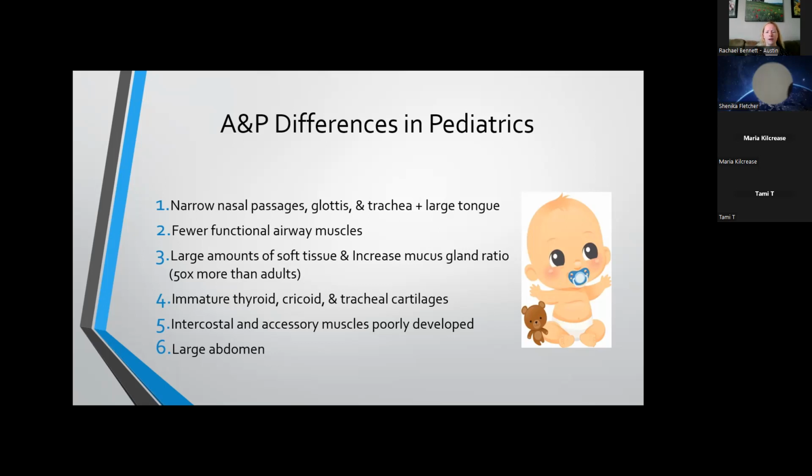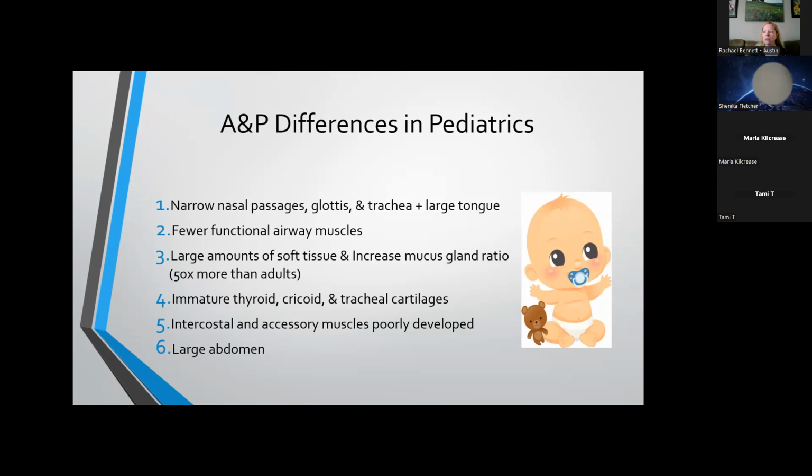There's fewer functional airway muscles. Because our pediatric population hasn't had an opportunity to expand those lungs and utilize those lungs as much as the older child or the adolescent adult would have, they don't have that same capability of breathing harder to move past that respiratory situation. We've got more surface tissue based on our body size, and an increased mucus gland ratio, which means that we have a greater propensity or capability of trapping those pathogens, letting them breed and turn into an